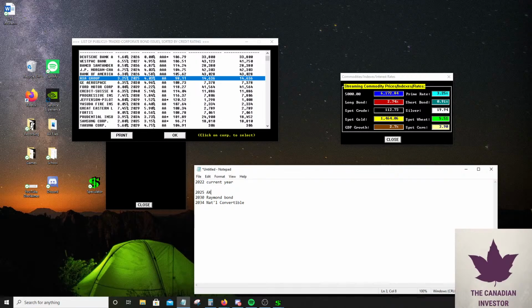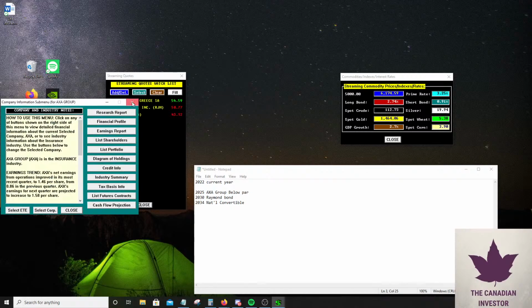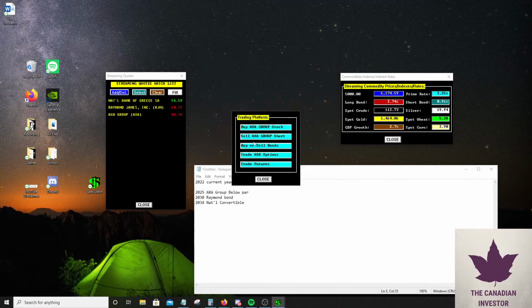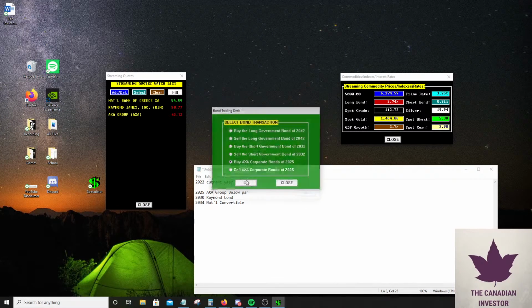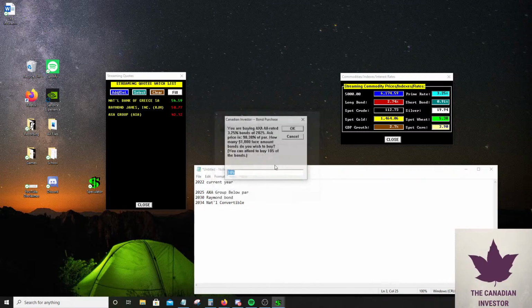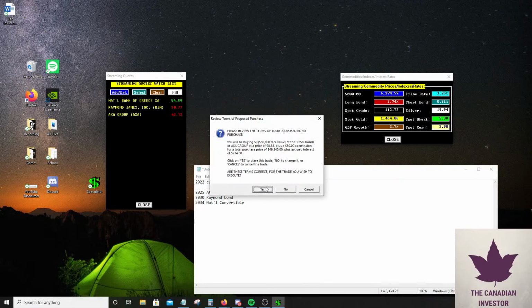And this one will be AXA group. And it's below par. So in this case, I think this one will be a good one to buy because it's a bit below par. So we're basically not going to lose money on this bond unless they declare bankruptcy, which is pretty unlikely because they're AA. So I'm going to go ahead and consider putting in. That's a bit hard. It's always hard coming out with your budget. I'm probably going to buy 50 of these. So that's about a $50,000 bet.